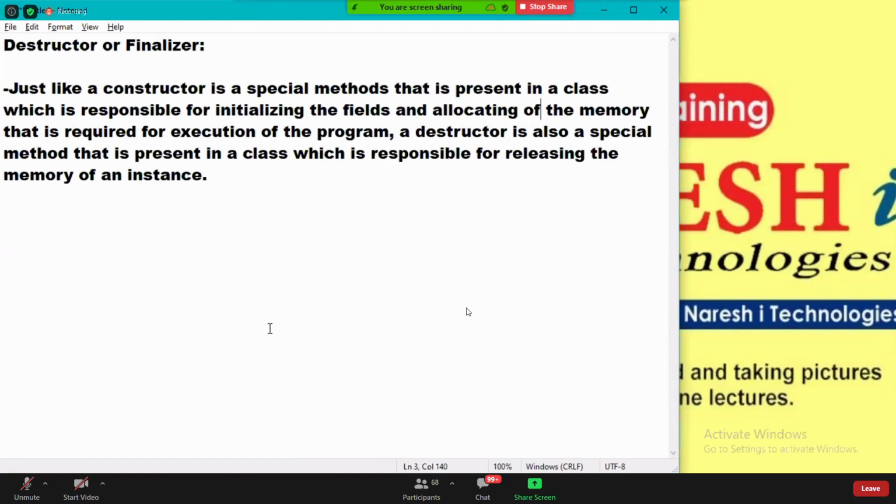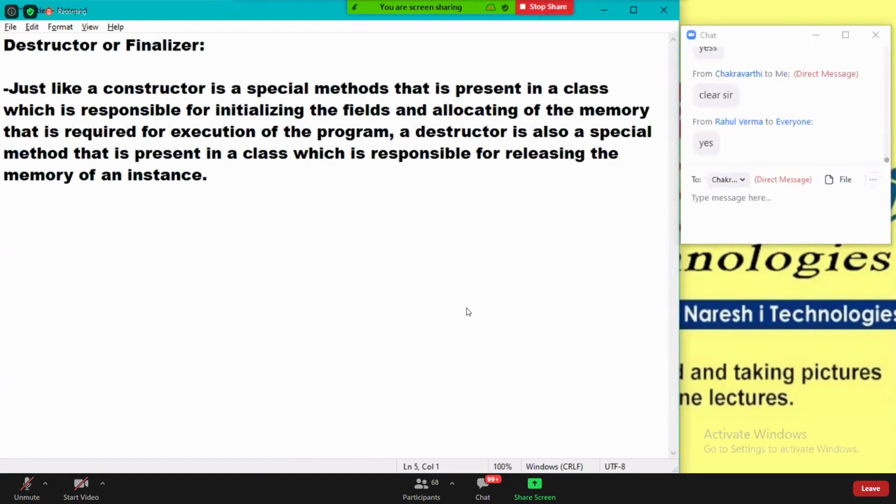Understood? A constructor and destructor work in opposite to each other. One will allocate the memory and one will release the memory.